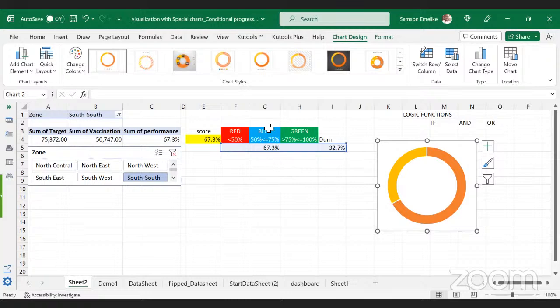67.3 falls under the blue band. So we can identify this as the value, the slider that is 67.3. So what we need to do is format the data point and give it a color. Let's fill it. We say we want a solid fill and let it be blue based on our value here. All right, so this value,